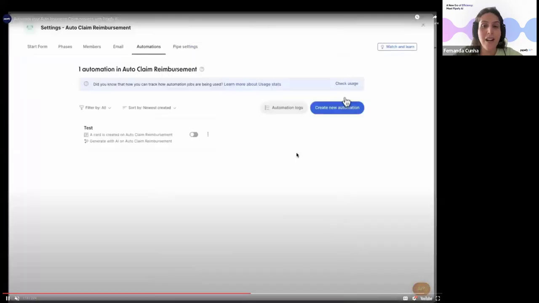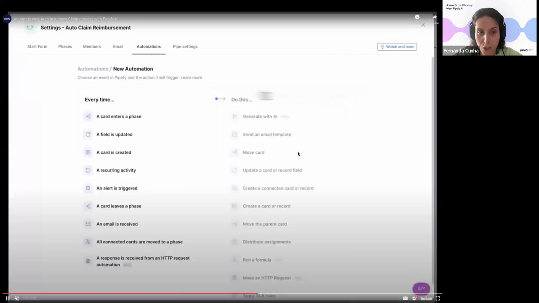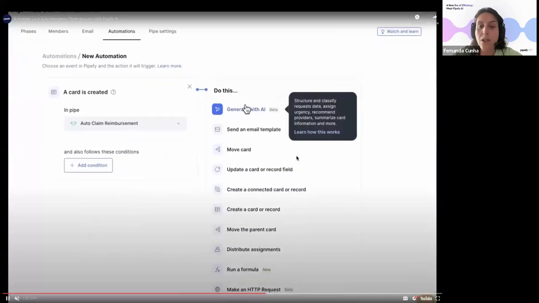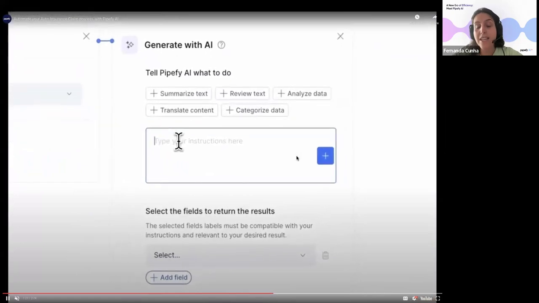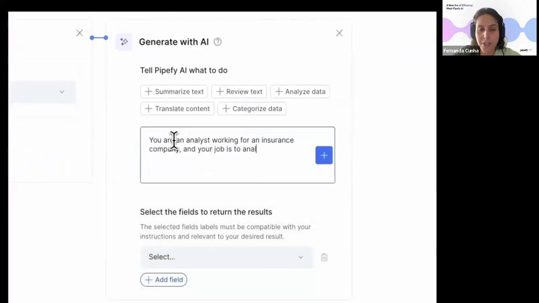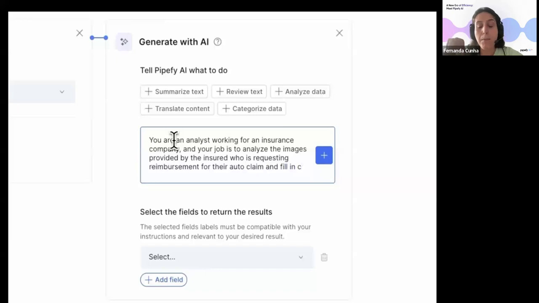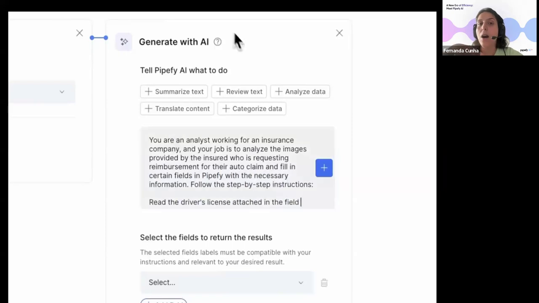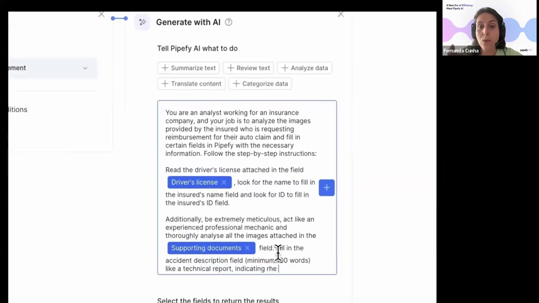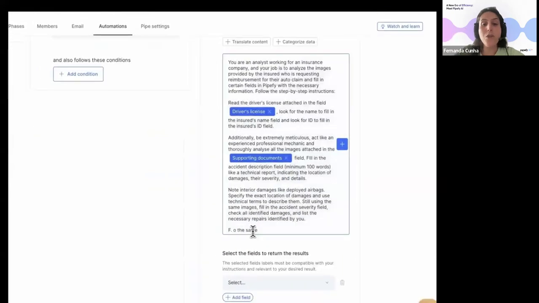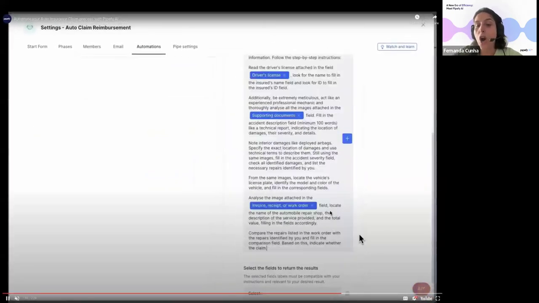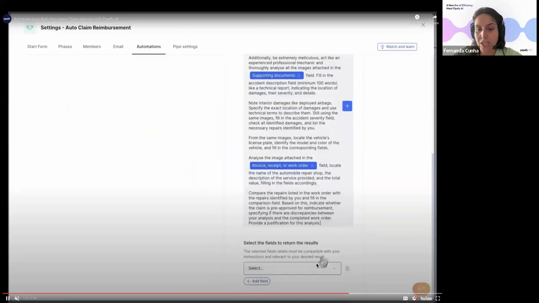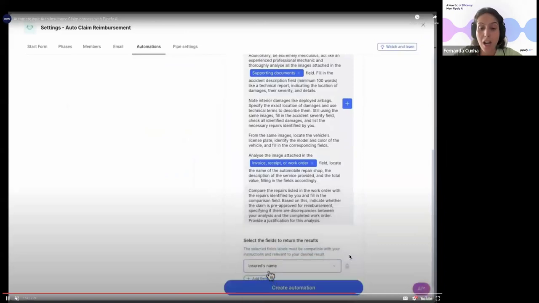Now we can see what was done in the automation, which is basically what I just showed you. Whenever a new card is created, we can generate with AI. This box, like I said, is the secret. You just need to write a thorough, detailed and effective prompt. Once you write everything you need, this blue box is also involved in the prompt because you need to select the dynamic fields that the AI will take into account. Once you write that and select all of the fields to return the results, which in this case are also a lot,